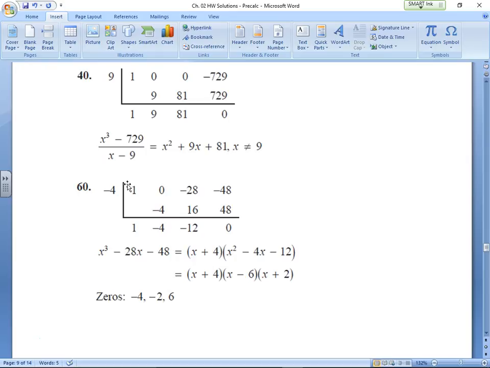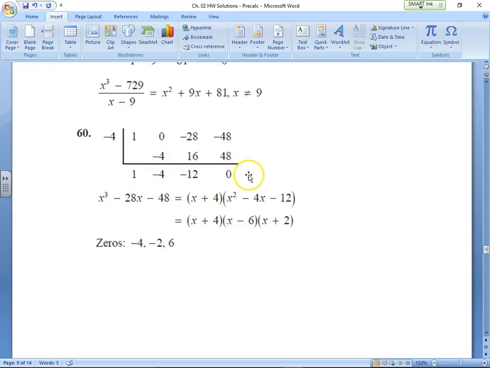Couple more seconds. Number 60 you can already see. Remainder 0, goes in perfectly. This one asks you to find all the zeros, which come from all the factors, which we get because when we do synthetic division with -4, we have that x plus 4. And we have what's left, and that's just a quadratic. Easy cheesy, we got that. And just in case you were wondering what on earth he is doing there: